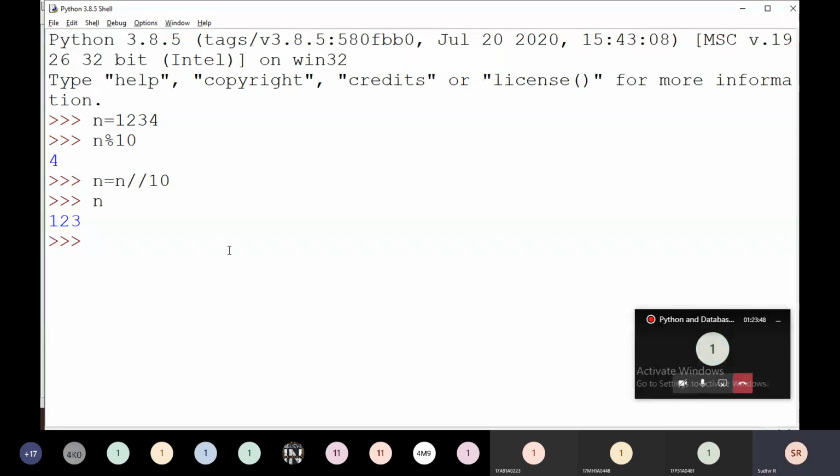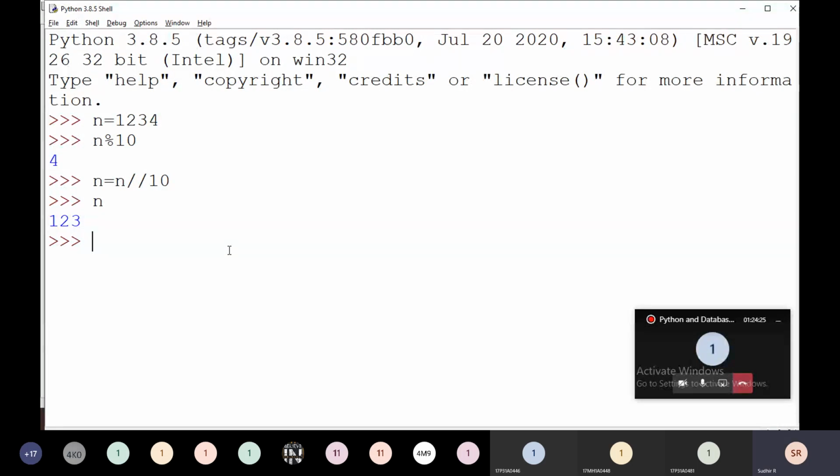4 plus 3 is equal to 7, right? I am going to convert 4 plus 3 into 43. Append. No. The two numbers are there, 4 and 3. 4 and 3 is going to be 43. 4 into 10 plus 3.